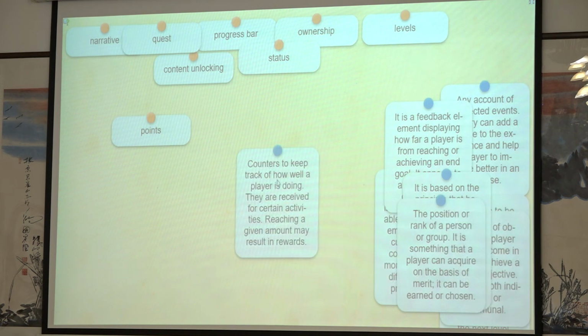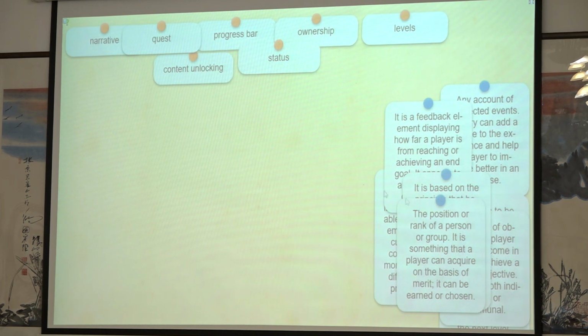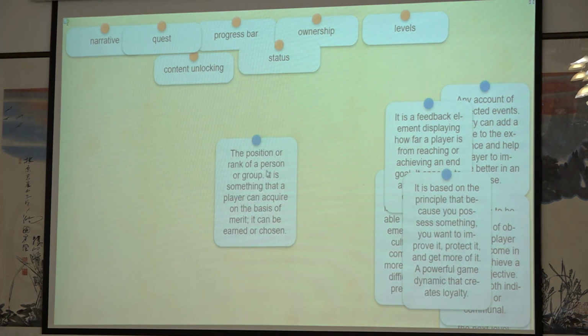Counters to keep track of how well a player is doing. They are received for certain activities. Reaching a given amount may result in rewards. What are these counters? The points, very good, okay. The position or rank of a person or a group. It is something that a player can acquire on the basis of merit.